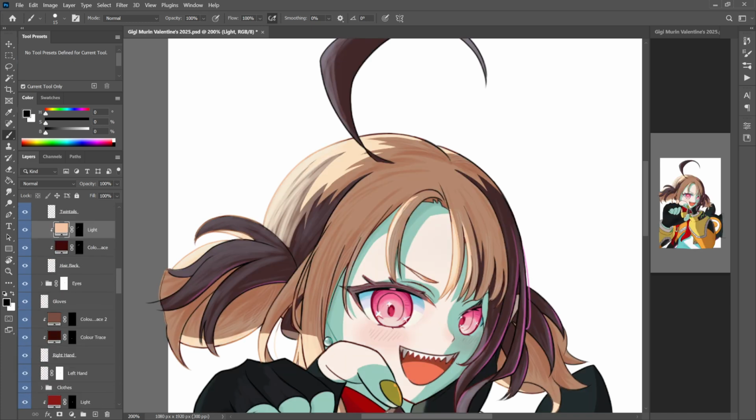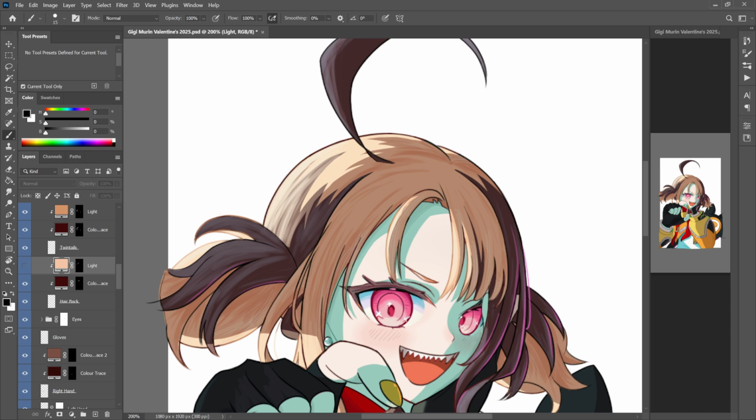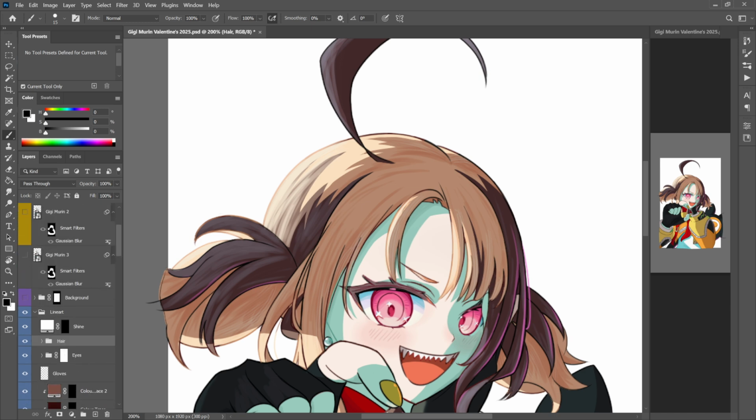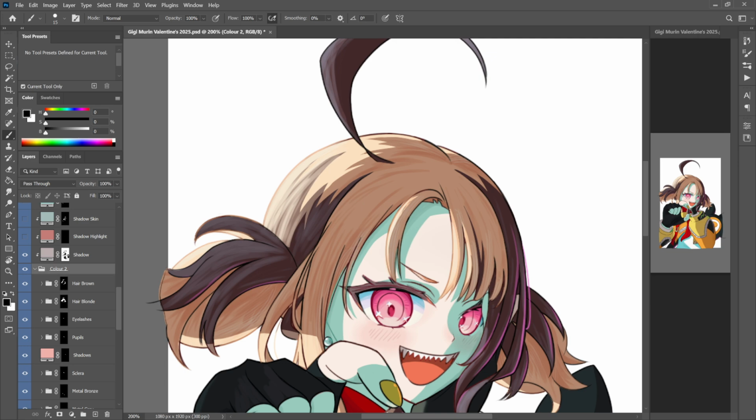Okay, so I go back to here. You can see that without color trace, the back of the head is very prominent. But if I do this, it lightens it up a little bit and it looks a little bit better. So that's color tracing. So how I actually fill up my canvas with color